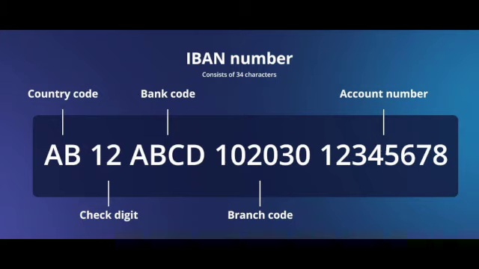In that sense, what does an IBAN look like? As it appears here on the screen, all IBAN numbers follow the same format and are comprised of up to 34 alphanumerical characters. The first two are letters that indicate the country in which the account is located. The second two are called check digits, which means they're used for error detection. The third series of characters is called the BBAN, the Basic Bank Account Number, as it can change depending on the country's standards. But it is composed mainly of bank code, branch location, and account number.